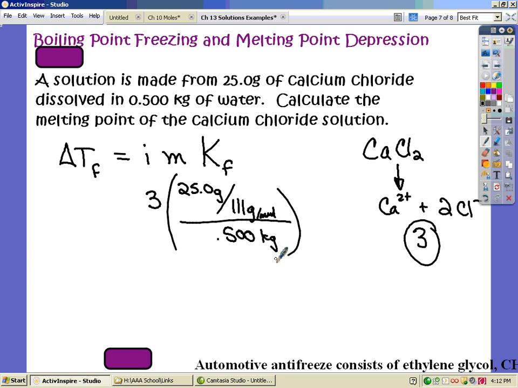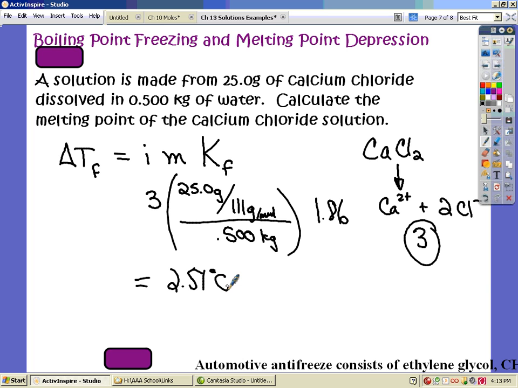That'll get me my molality. And then I just need my molal freezing point constant. And for water, which this is, it is 1.86. When I crunch all this together, my final answer comes out to 2.51